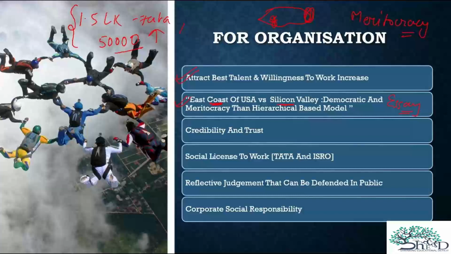Now, as I've said, if the company is ethical and follows ethical principles, like Tata, Infosys, Mr. Narayan Murthy, about whom we'll study in this lecture, it creates a positive image of the company, and credibility and trust increase. This also leads to social acceptance of the company in the hearts of people. Like if Tata launches some product, you can easily trust it more than one from a new company. And if ISRO is doing something, you will relate that they are doing something meritorious. One of the reasons why ISRO has gained a lot of accomplishments is meritocracy.